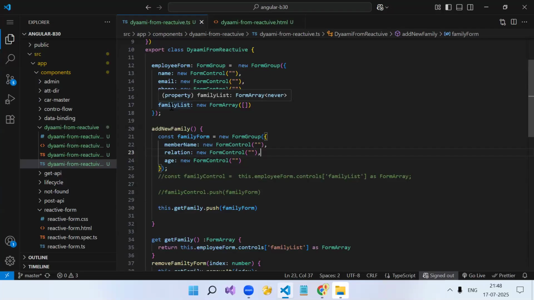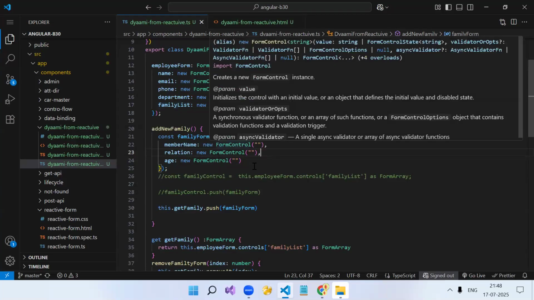In template form, everyone can use their own way. There are multiple ways to do the same thing because we don't have any generic way. Custom code we need to write. Whatever logic you think, it will work. So this is how you implement the form array.